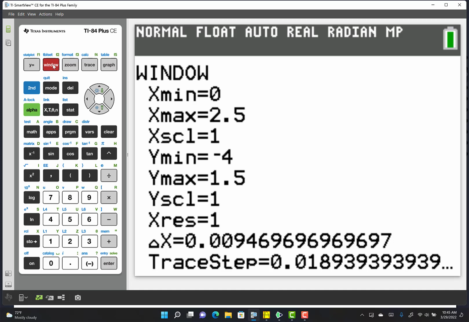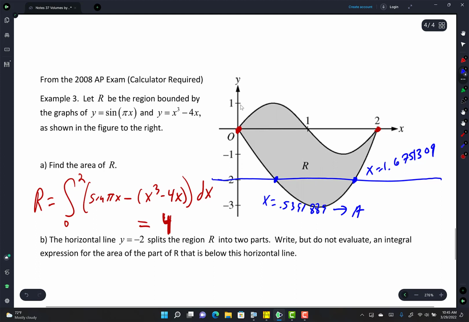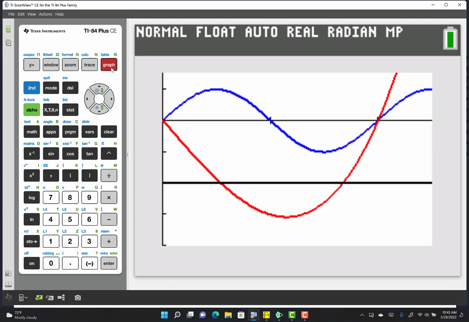What do you mean put in the grid? Yeah, like x min, x max, x scale, y min, y max. I didn't put an equation, I just put numbers based off of this. I saw that it got to 2, so I went a little higher. I saw the max was 1, so I went a little higher. I saw the min was -3, so I went a little lower. You know what I mean? Then from there, I pushed graph, and I got